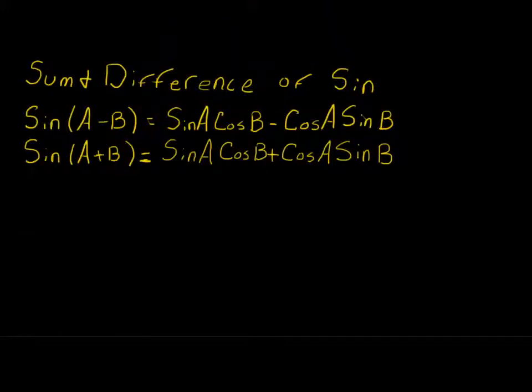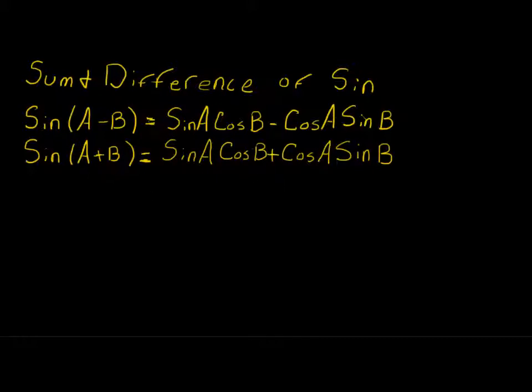In this video, we are going to cover the sum and difference of sine. Now, this is a trig identity that is pretty much a staple as you go through the rest of your identities, even into calculus. Notice that your signs on the left and right side of the equal sign are the same, so sine a minus b will give you a minus here, sine a plus b will give you a